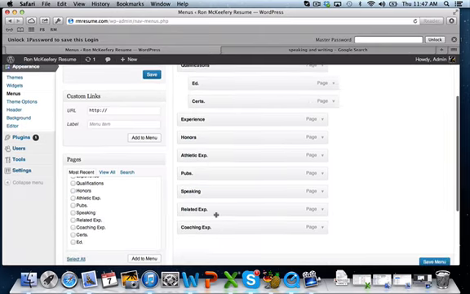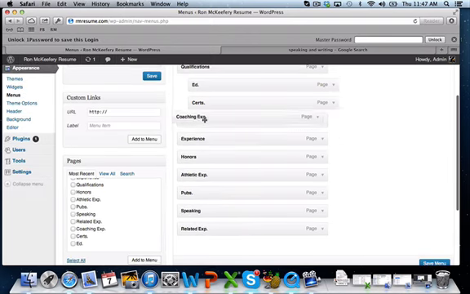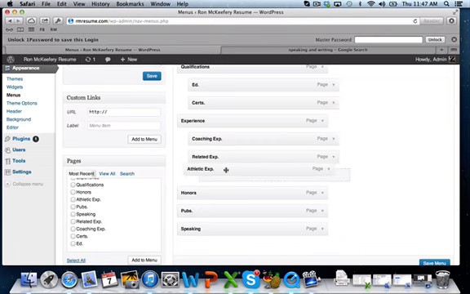Experience, I'm going to do the same thing. Start with coaching experience, move it over. I'm going to go to related experience, move it over. I'm going to do athletic experience, move it over. And then what I'm going to create is another page that's going to be speaking and publications,